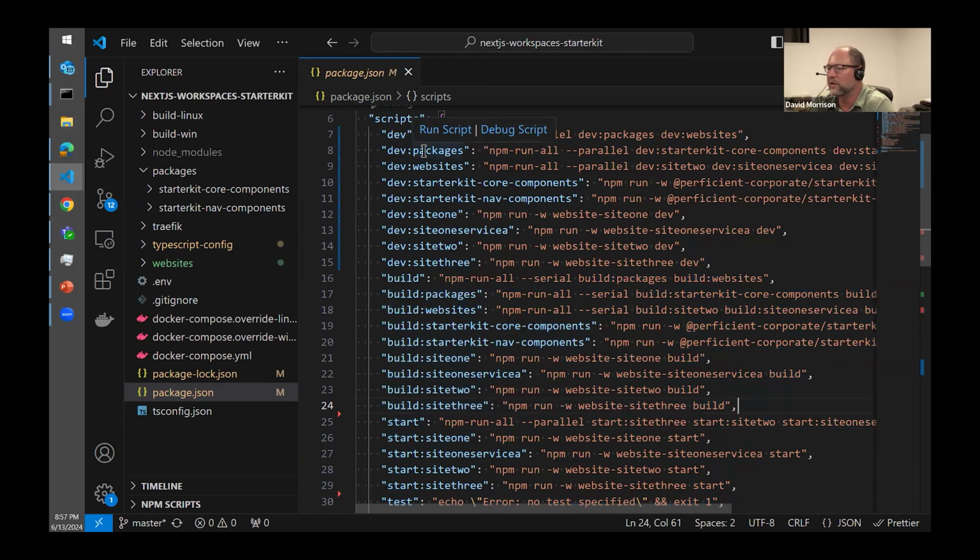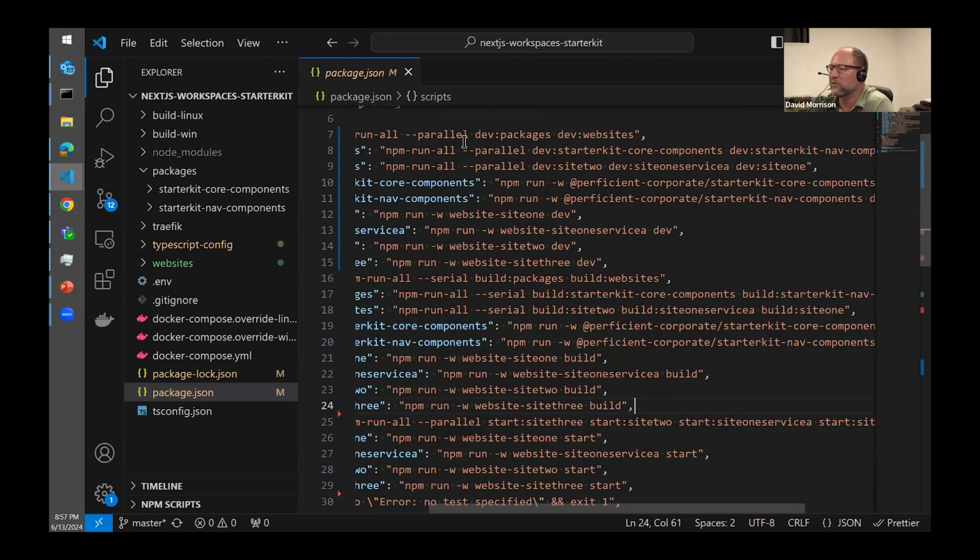The tasks are very similar. So I've got basically an entry point to run all my packages. I've got an entry point to run all my web servers, and then each web server has its own task inside that. And we make heavy use of the parallel and series commands. So for example, in dev mode, you're going to be basically running everything in parallel. All my web servers, all my watchers will run in parallel. But then if you think of building to Vercel, I'm going to build one project after another, or I'm going to build my packages first.